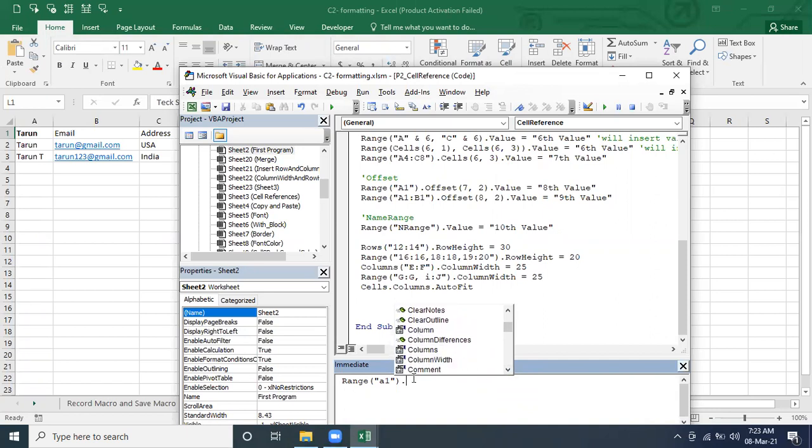Column is there, row is there. Okay, so let me pick row height. Is it there or not? Yes, exactly. Row height is there. So with respect to A1, we can define the row height also. What row height do we want to define? 20. So whatever row height is there in A1, if you want to increase or decrease, we can do it like this with this property.